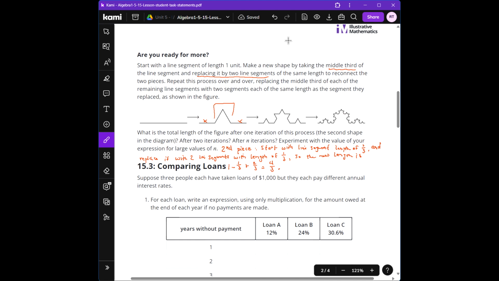And so if we have the length at any stage,